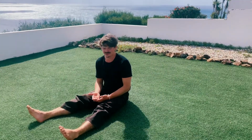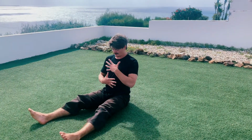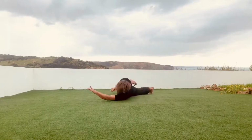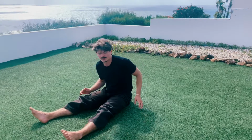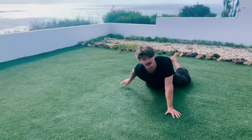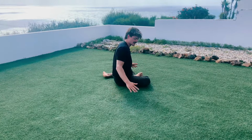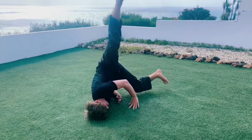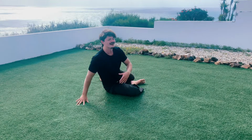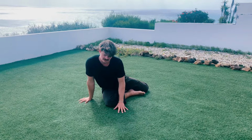After this, you can also simply play with a free form and maybe also explore different similar ideas on the front and the side of your body, because you can obviously not only roll over your back, but you can also, for example, roll over the front of your body. Sometimes I really like to roll over the side of my body, so elbow and knee. There are many different opportunities out there, and this was just a little idea that you can use to explore